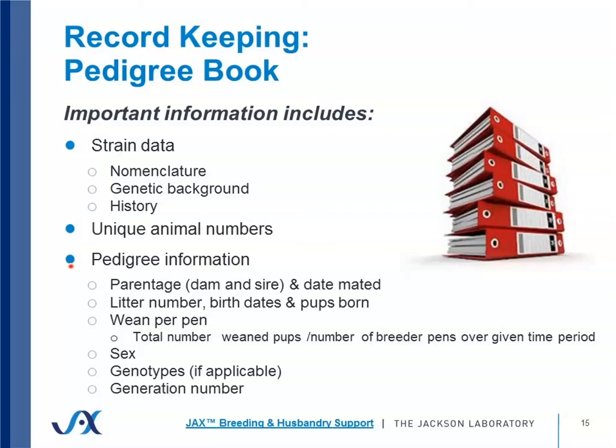Keep records on all mice you use for breeding, including but not limited to breeding pair mating dates, litter-born dates, litter sizes, pup weaning dates, the number of pups born, the number of pups weaned, the sex of the pups born, and the sex of the pups weaned. When breeding a segregating colony, record all of the genotypes of the pups so you know what percentage of mice produced are of the genotypes needed. Monitor wean per pen,